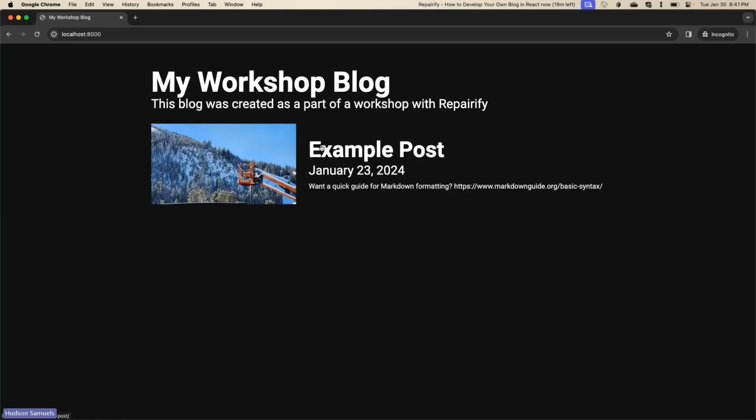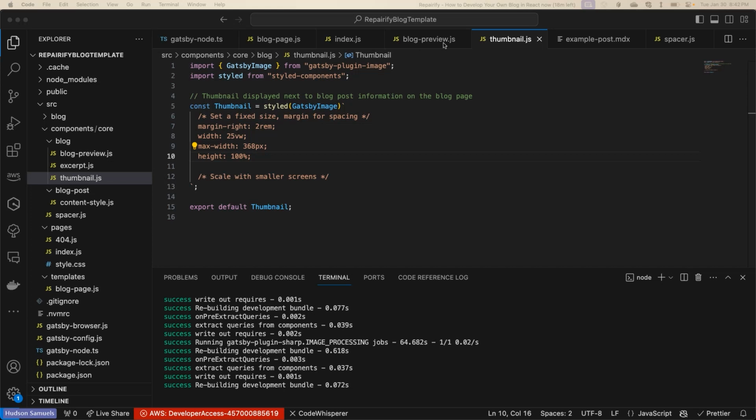And you'll notice that now we have a much better looking link. This looks a lot more like what you would expect from a blog. You have your image, you have your title, date, and then a little bit of a summary of what is contained within that blog post, right? And the good thing about this is if I go ahead and go to our example